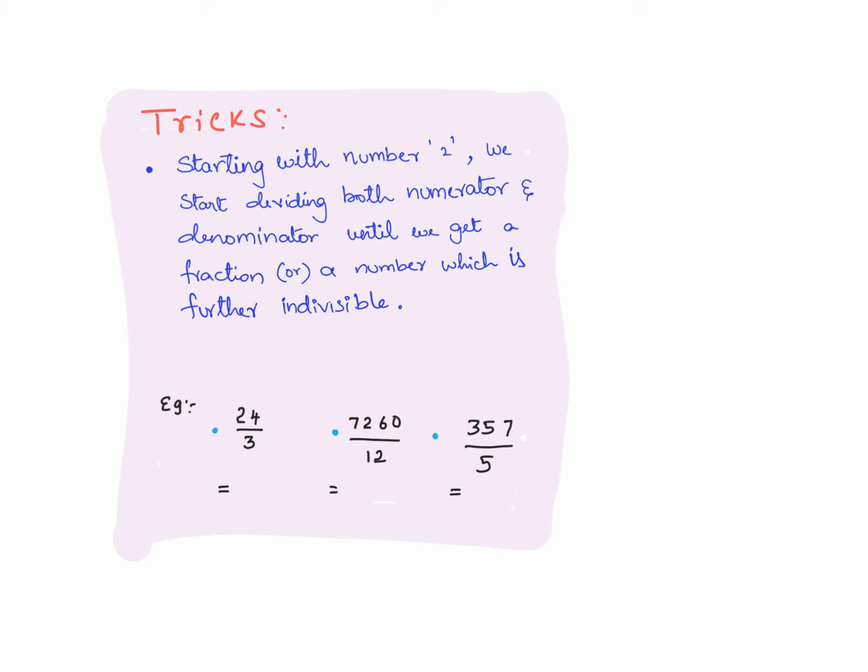Now we need to check here in two tables is it possible or not. No, it's not possible. So we have here 3. In 3 tables 3 ones are here. 3 how many times? 24, 8 times. So the answer is 8 by 1, that is 8. The next problem we will see here: 7260 divided by 12. Here the numerator value is 7260. Here denominator is 12. So how can we solve this?